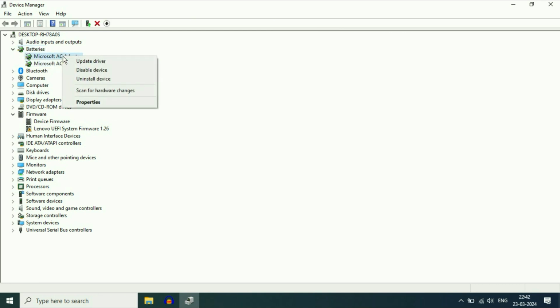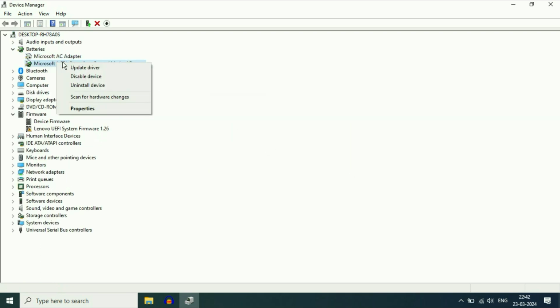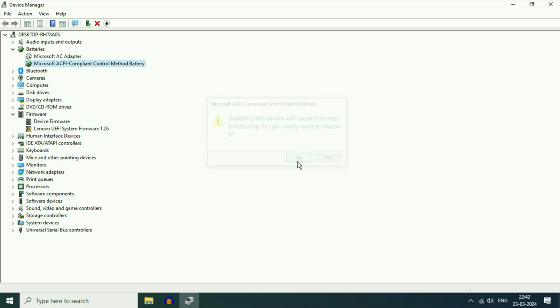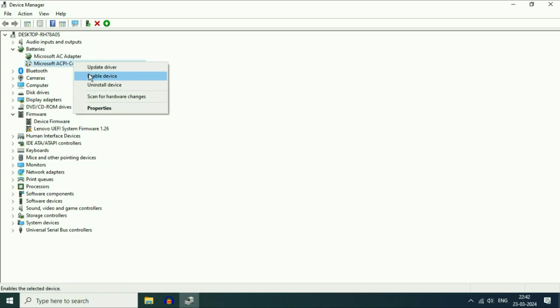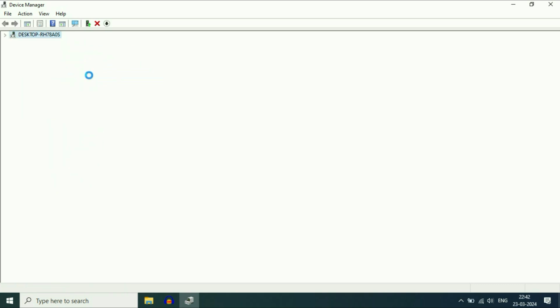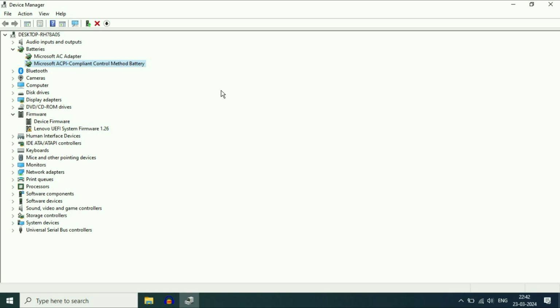First, disable both the drivers one by one. Simply right click on it. Then click on Disable. First disable both the drivers and after that again enable both the drivers. Like this. Okay. After that, if you are still getting the same issue, update both the drivers by right click